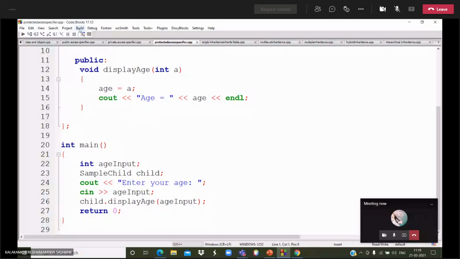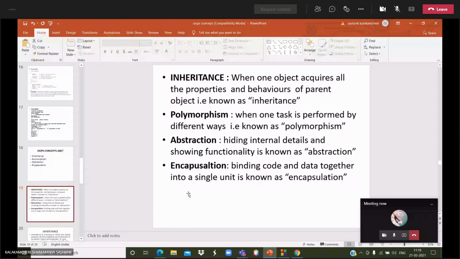Then for polymorphism, if you are doing one task, we can do the task in n number of different ways. That n number of ways is known as polymorphism. Abstraction means, mainly in the OOPS concept, we are going for security. We are hiding the data. Suppose we are declaring some functions in one class, we are hiding those details from the other class.